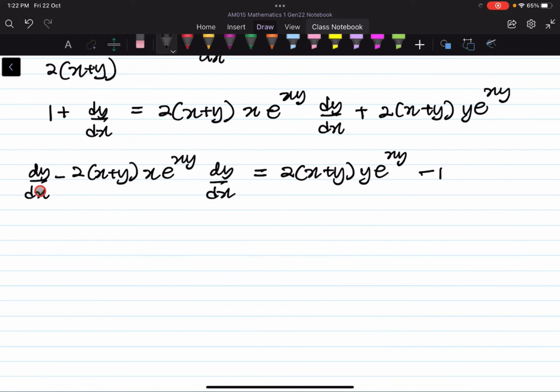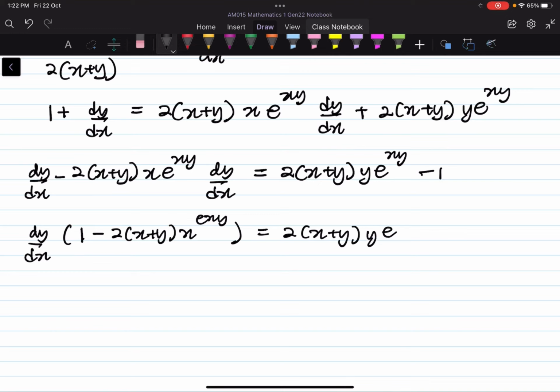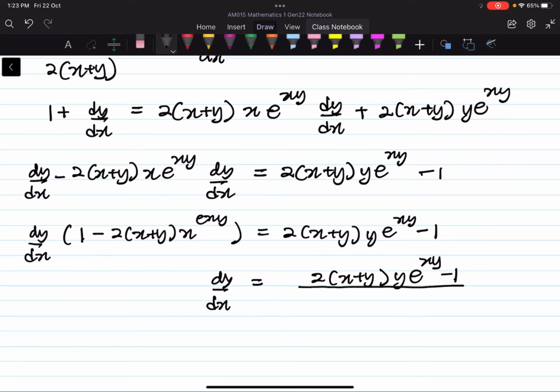Let us factorize the dy/dx, and we get 1 minus 2(x+y) x e^(xy), equals to 2(x+y) y e^(xy) minus 1, and our dy/dx is, cross multiply again, 2(x+y) y e^(xy) minus 1, divided with 1 minus